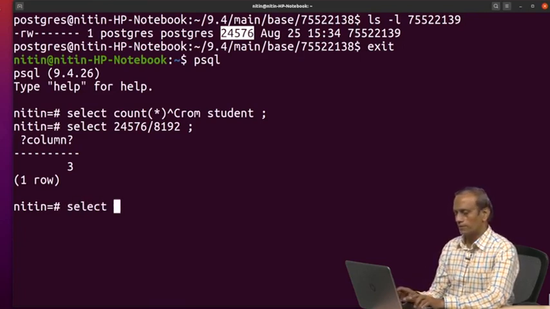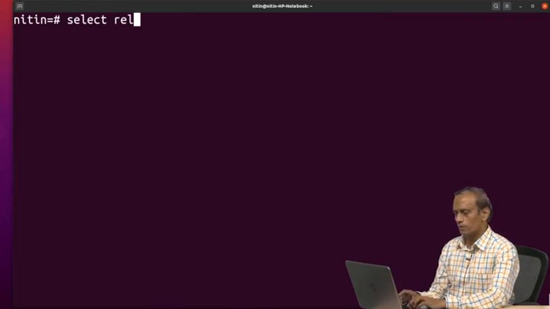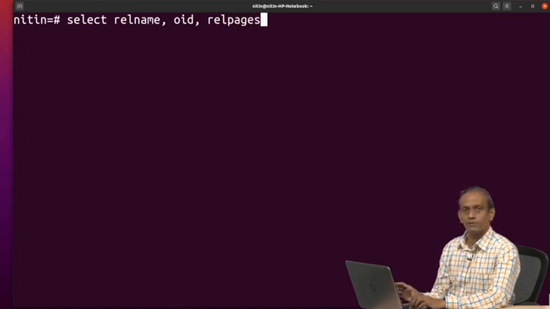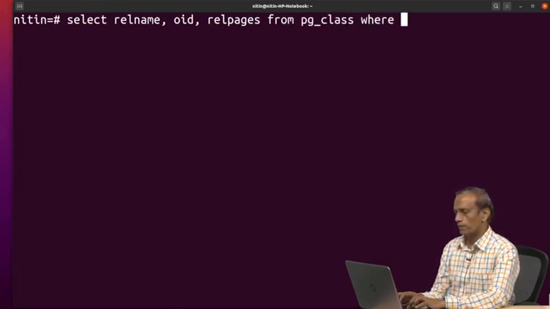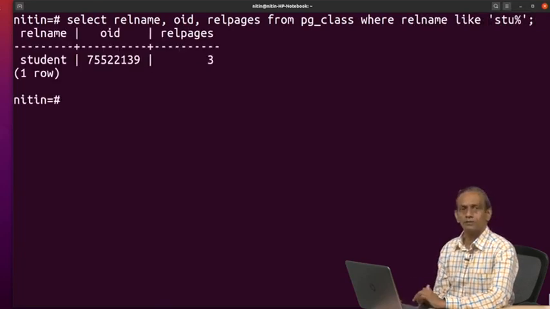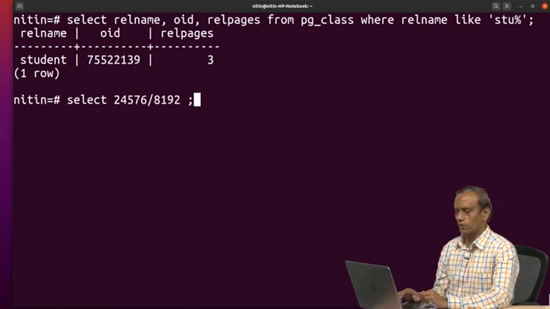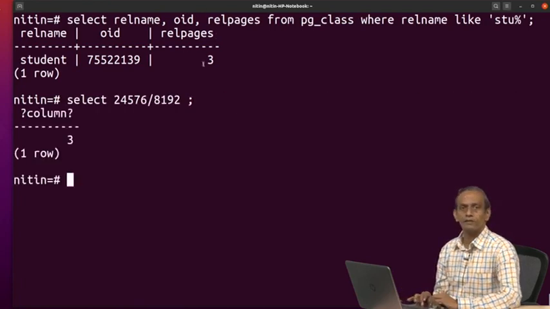Now if I see the contents of the pg_class table, relname, OID, and relpages, from pg_class where relname like stu%, now see the number of pages. Whatever division we got here, the same thing is here. So it is in multiples of 8192.